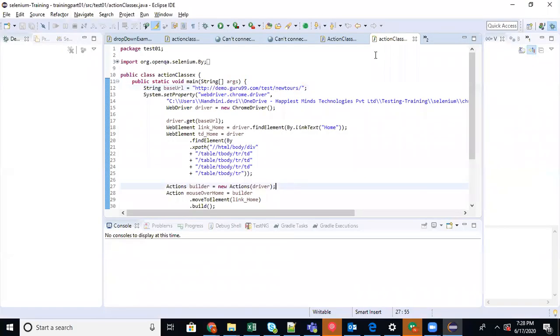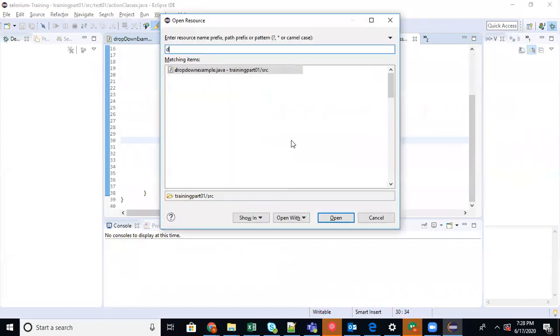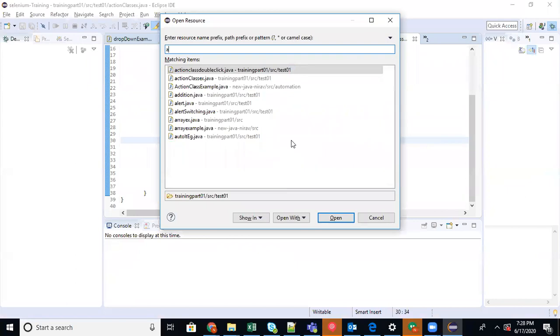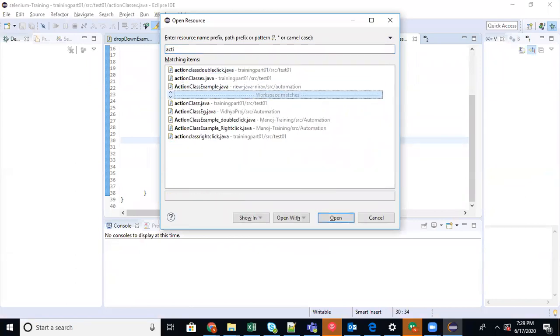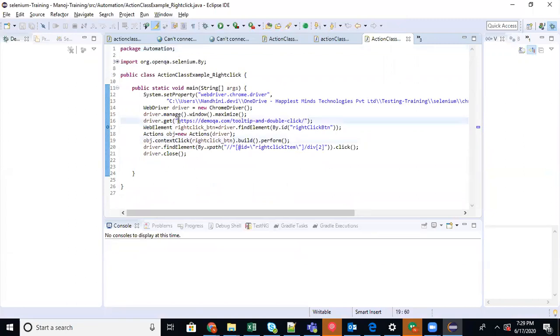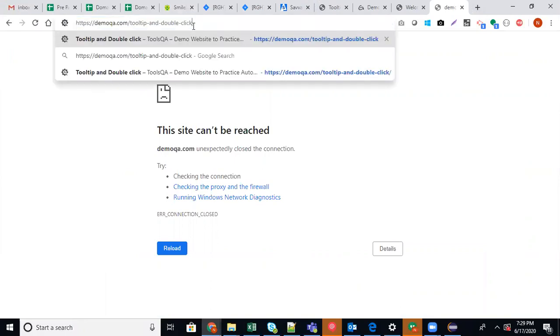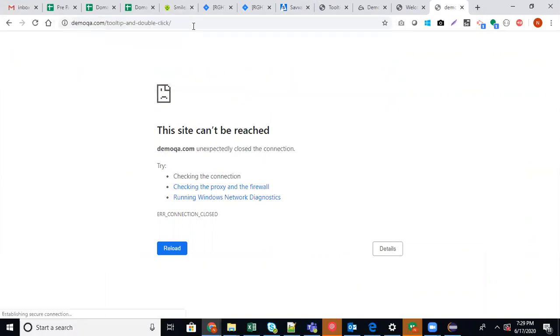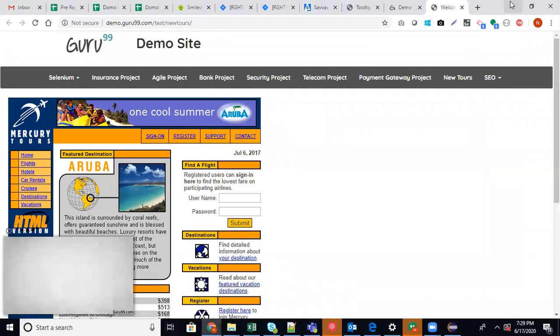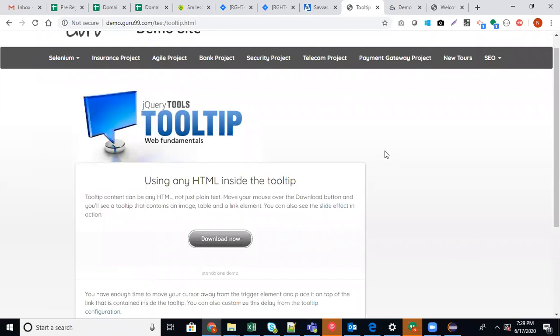So I'm just checking whether I'll be able to. One more site is there, so I'm just checking whether I can show you that site also. I don't know, but let me check. That demo site is a good one, but I'm not able to access it now. Maybe it is not working. Yeah, it's not working.